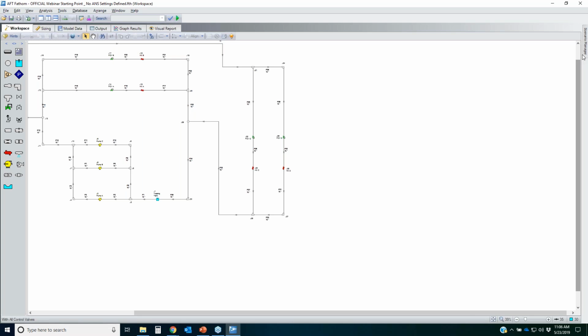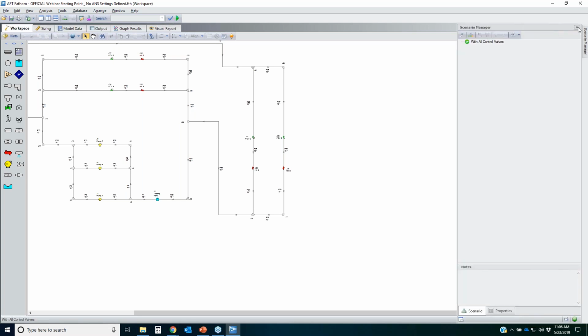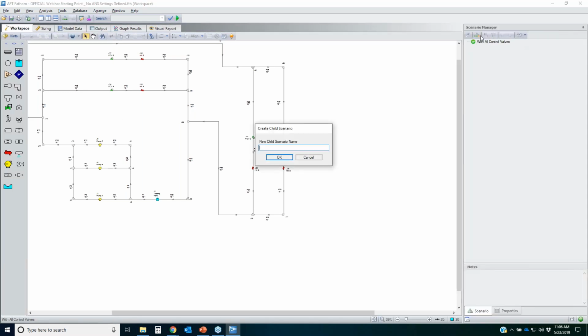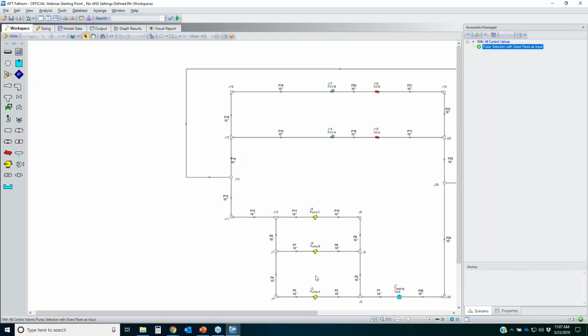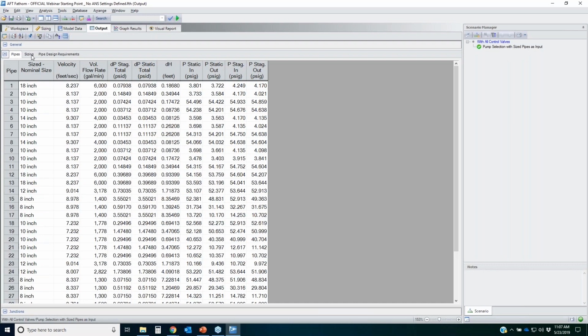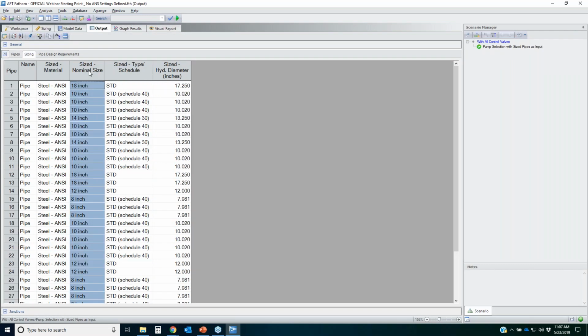So for my scenario manager, I'm going to create a new scenario. I'm going to call it pump selection with sized pipes as input. So when I create that scenario here, you can see that the input is still based upon 10 inches in diameter. So what I need to do is take the results of the pipe sizes that were calculated right here